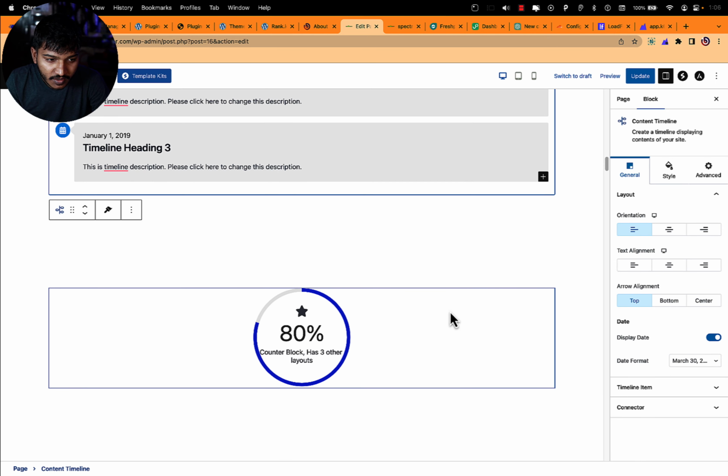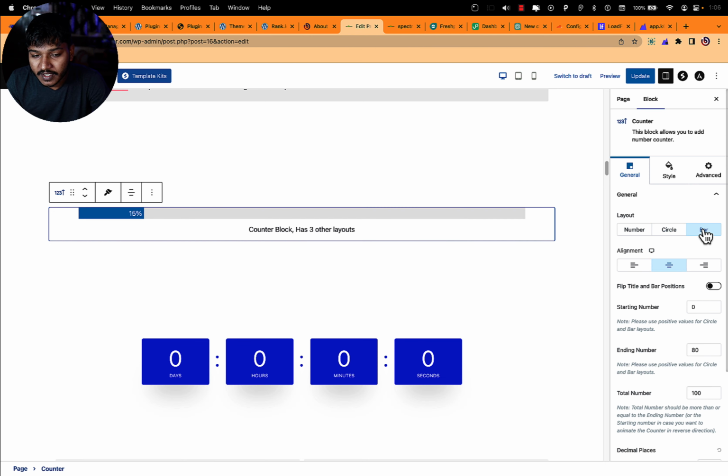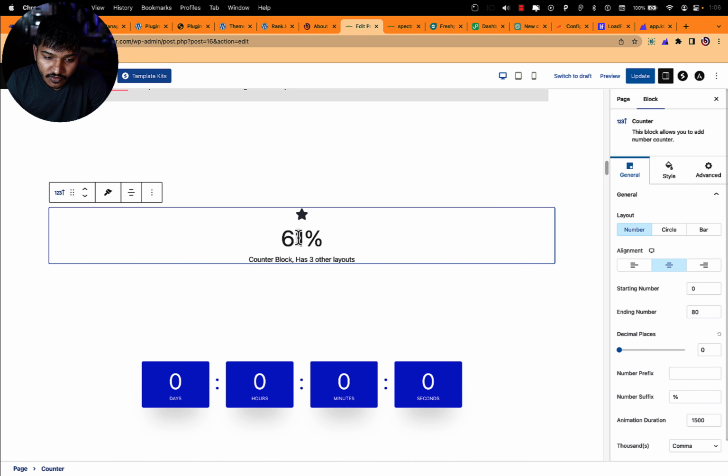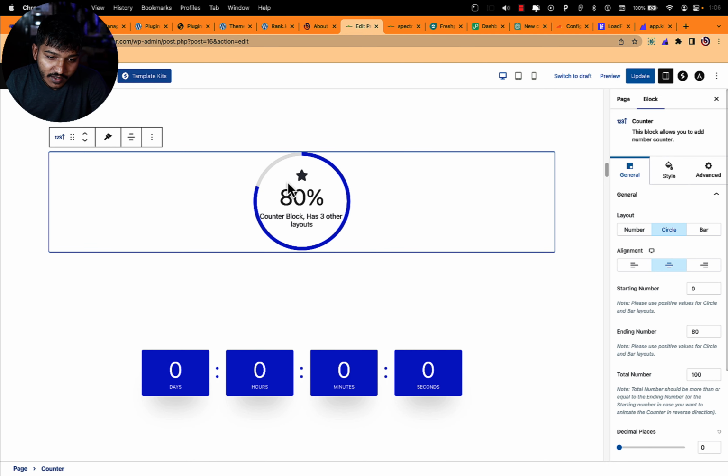Okay, then you have this counter block, which is again a good block. I really appreciate it, and I want it to be in Cadence blocks, because Cadence has a counter kind of stuff, but they don't have the circle which fills up the counter bar, which gets completed like a progress bar, and only the number is available in Cadence. So in Cadence you only have this feature. You don't have this circle and bar feature. So yeah, that's also a good one to have,